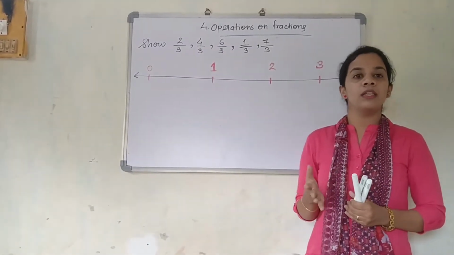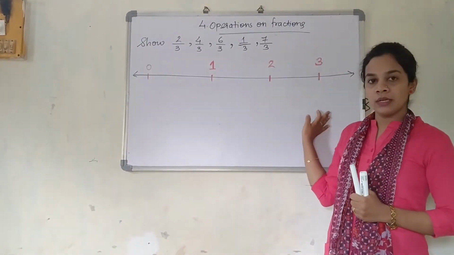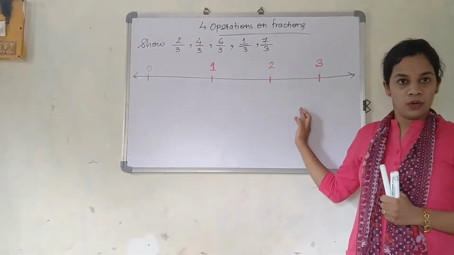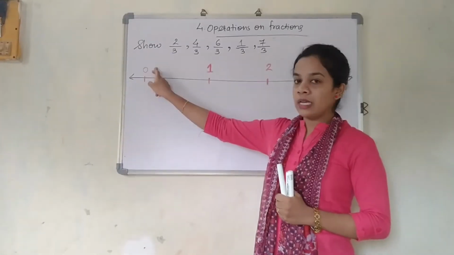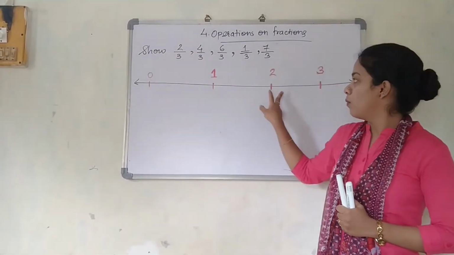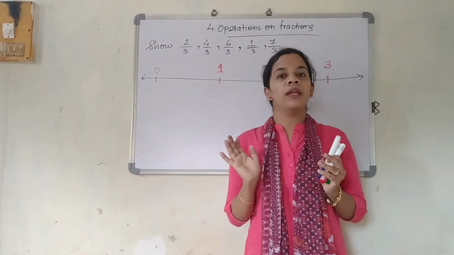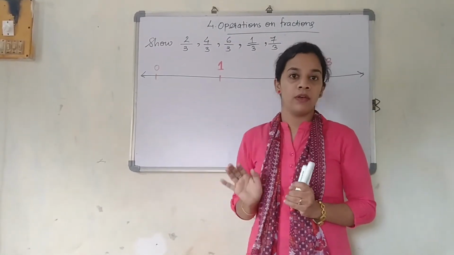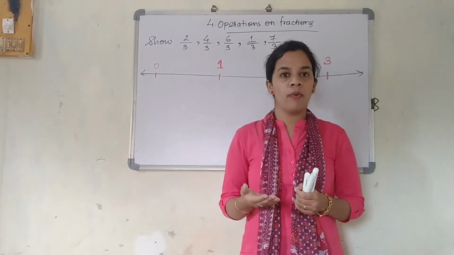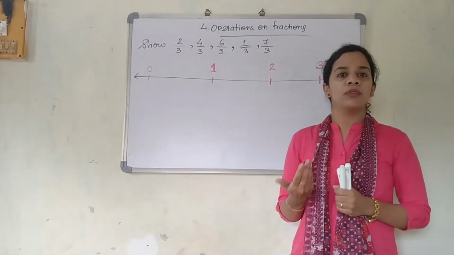So we are going to denote these fractions on the number line, on the right hand side of the 0. Okay, so I have written 0 here. I have kept a certain gap between 0 and 1. I have written 2 and I have written 3. The place is very small, so I can only adjust this many numbers. If you want, you can draw a bigger number line in your notebook by extending the numbers up to 4 or 5. Okay, but don't extend more than that.